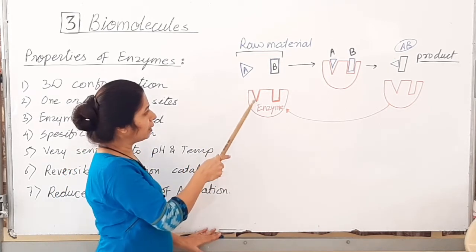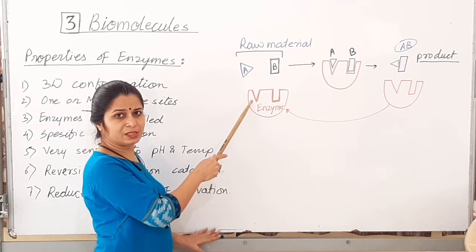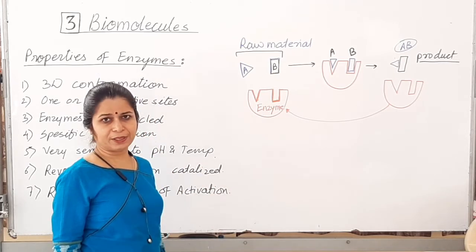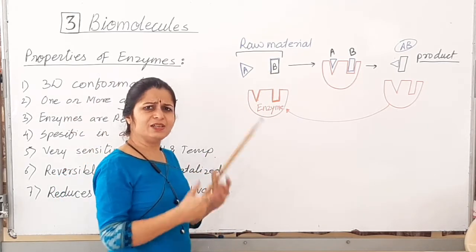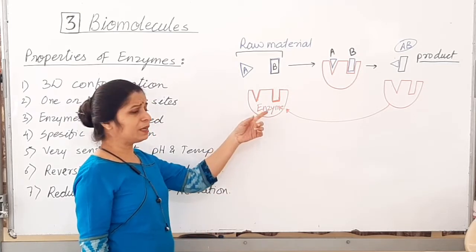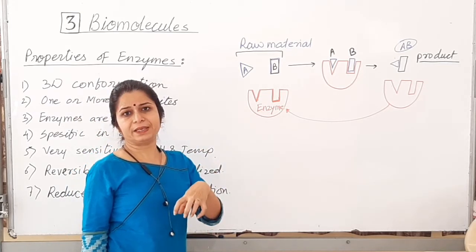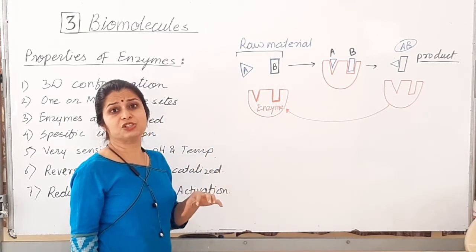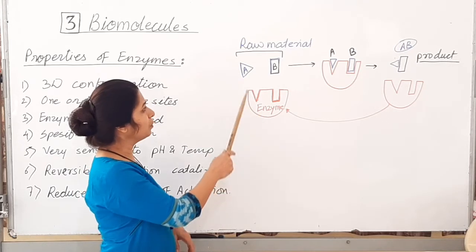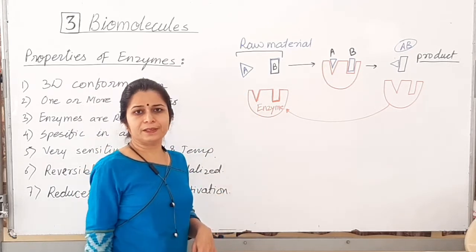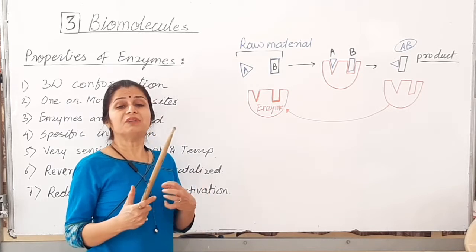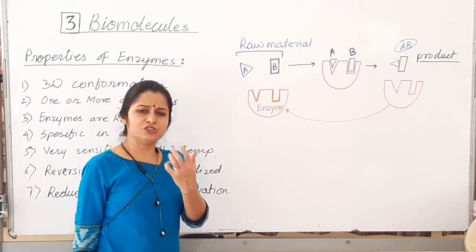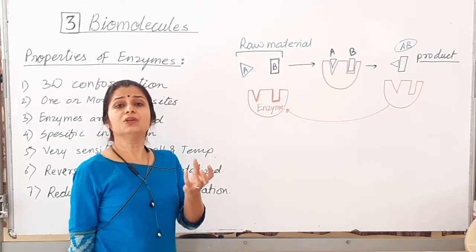So for A, this V-shaped groove is the active site, and for B, this rectangular shaped groove is the active site. So enzyme and raw material accidentally meet. Now this enzyme recognizes its own raw material. Once it is recognized, that chemistry is analyzed, orientation is even important, and then the enzyme loosely bound to the raw material recognizes it, and then it is tightly bound with it by changing its shape slightly, changing in configuration, which is 3-dimensional.